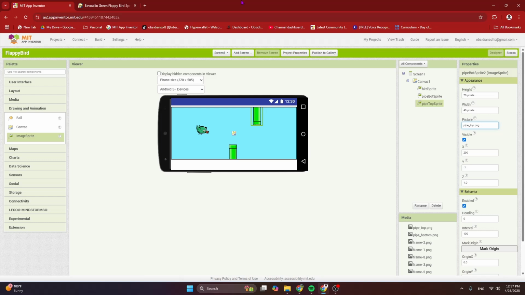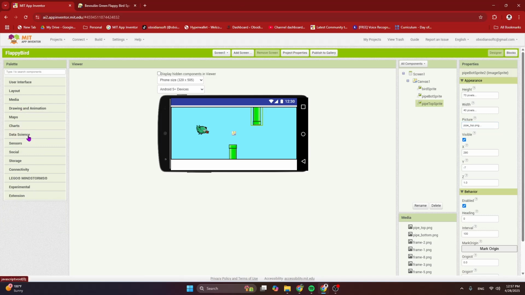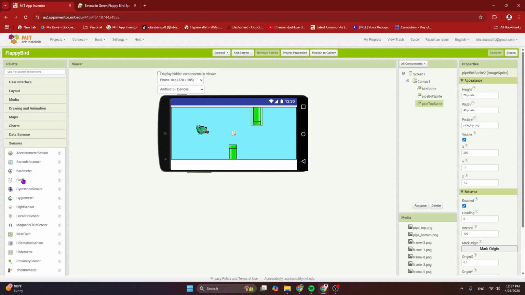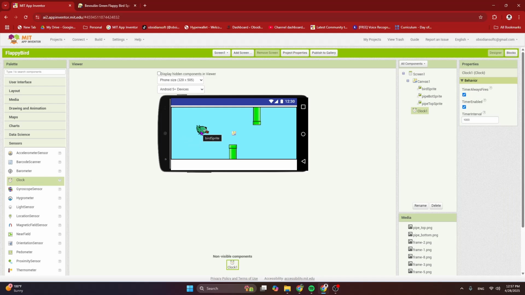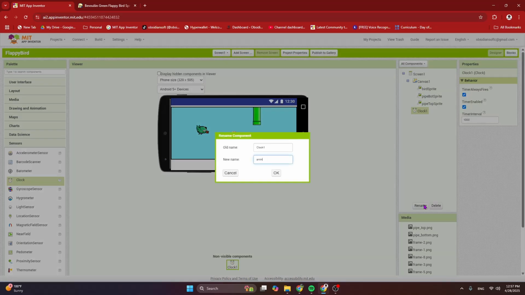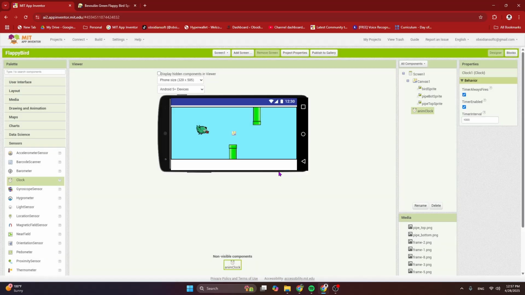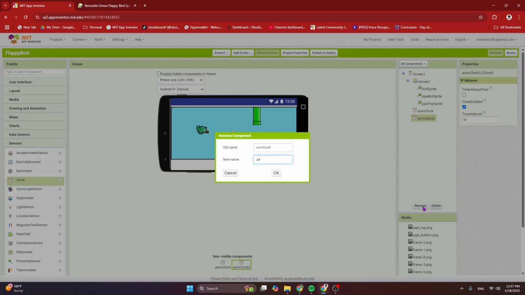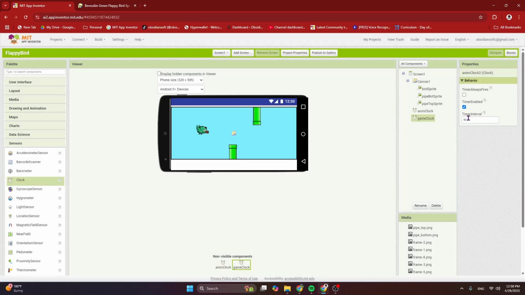So now we need from sensors 2 clock sensors. One is for our bird animation. So I'm going to rename it to NM clock, and I'm going to turn off timer always fires, and I'm going to make the timer interval 50 milliseconds, okay? And I need another clock, so thankfully duplication is working, so Control C, Control V, rename it to now the game clock. So this is for our game loop, and I'm going to change the timer interval to 20 milliseconds,